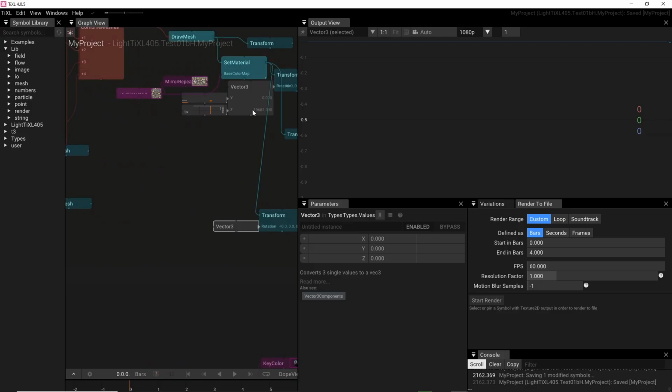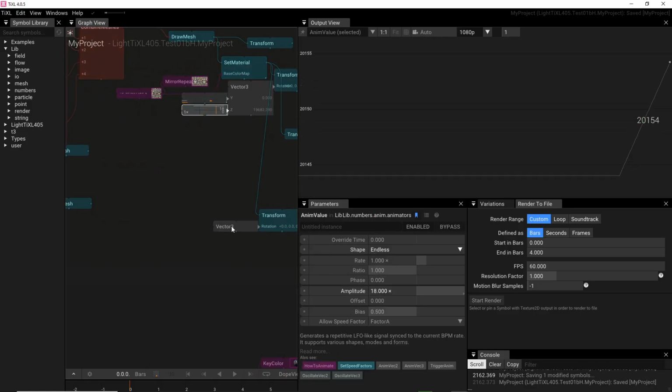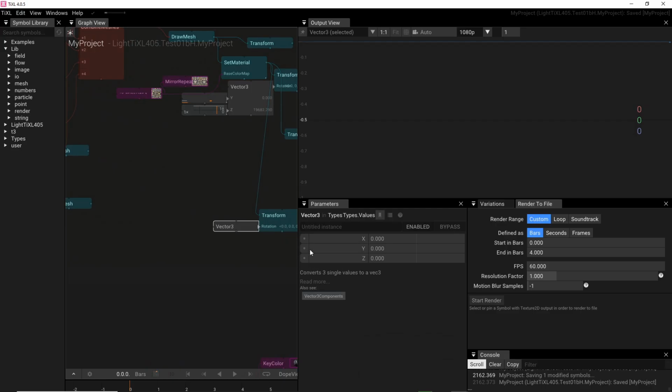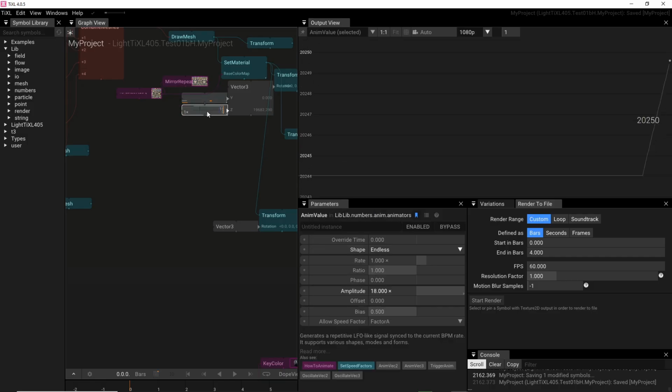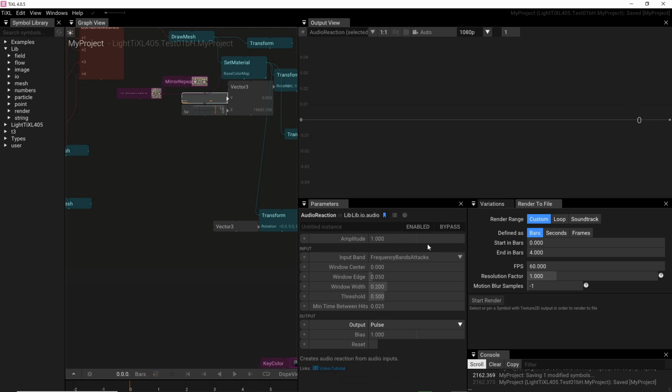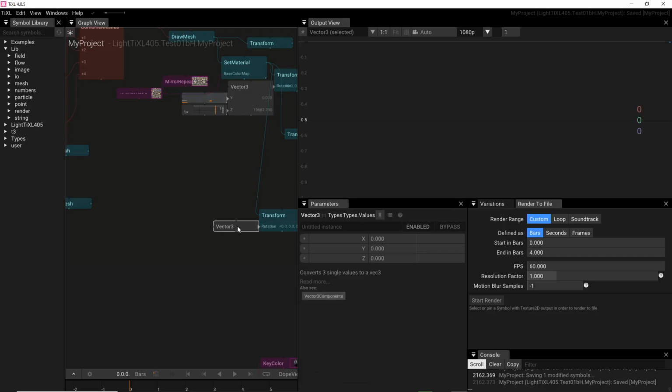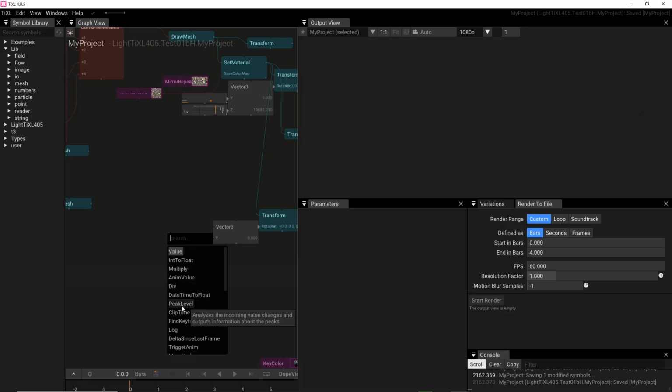And now I have something on the Y and on the Z axis. So on the Y-axis you toggle here and